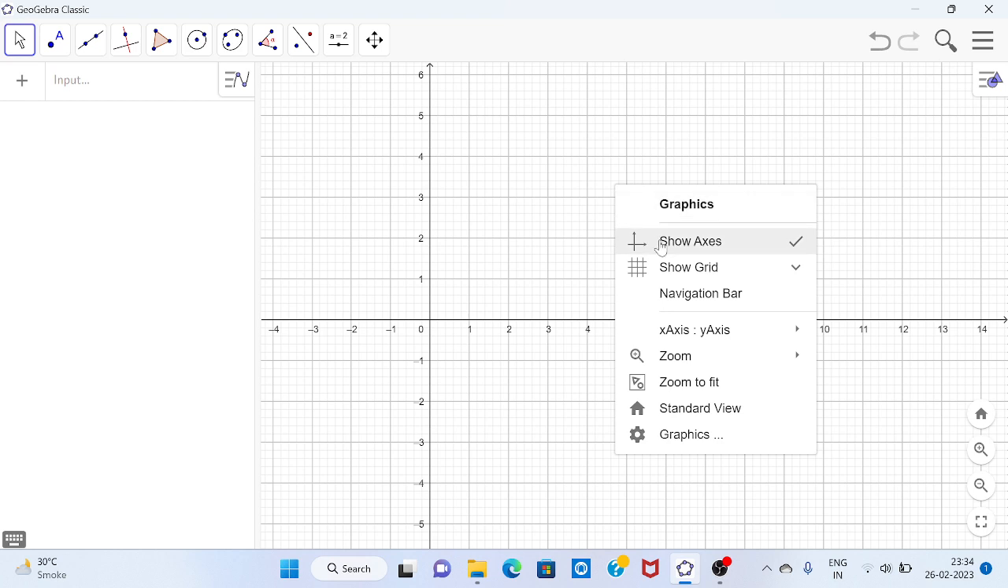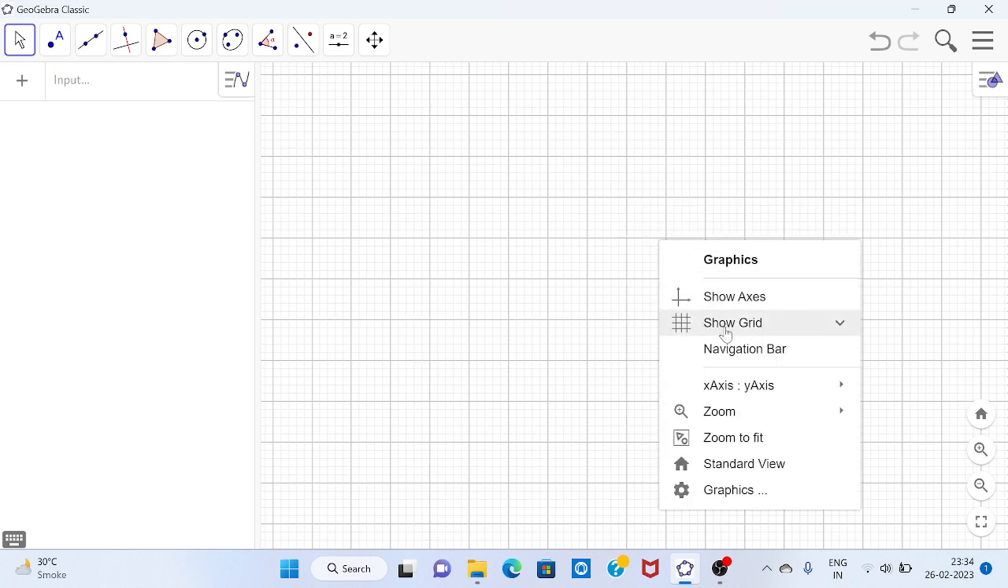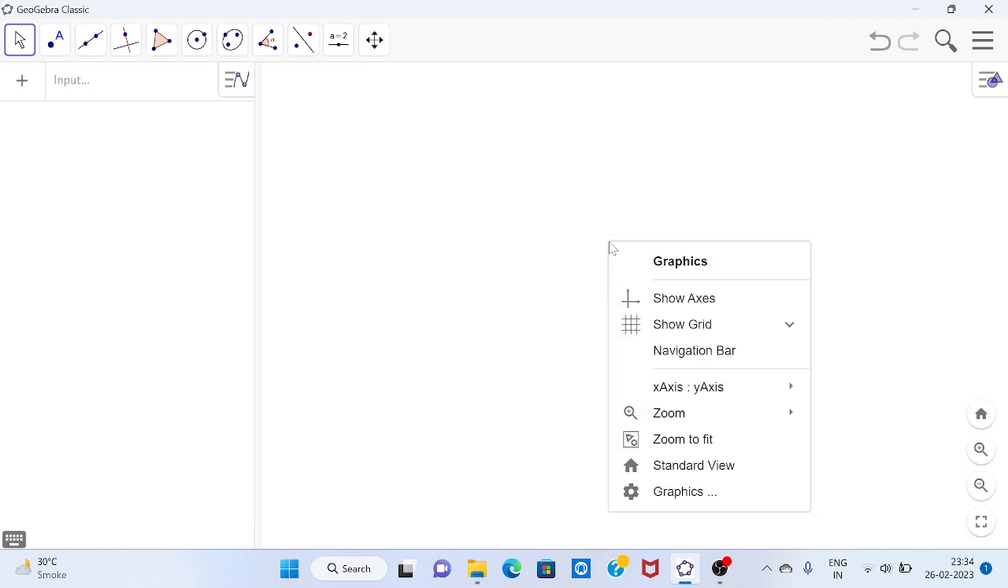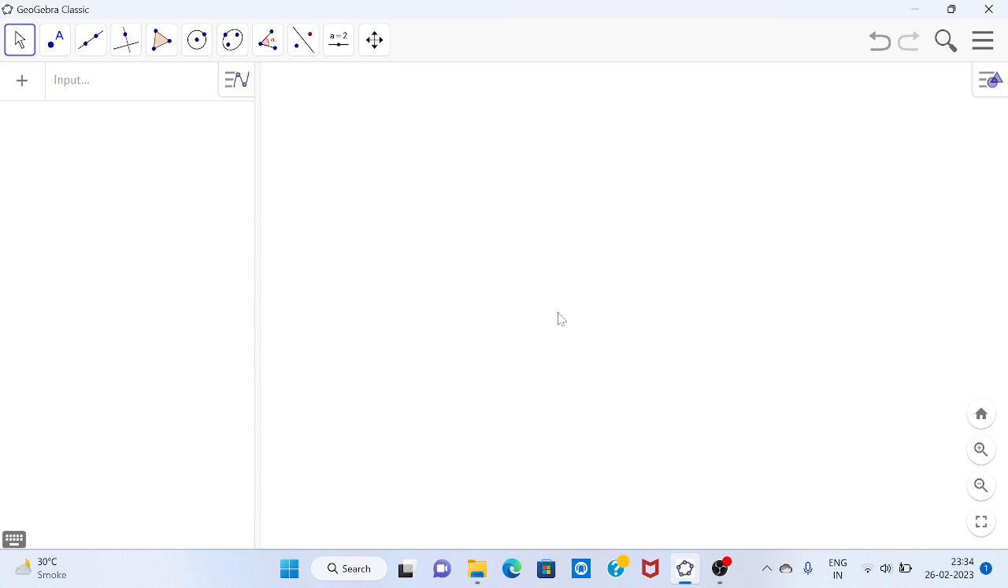Similarly, we can also cancel the grid and have a blank page in this way. We can get it back the same way after right clicking. Now, coming to the rectangle construction,